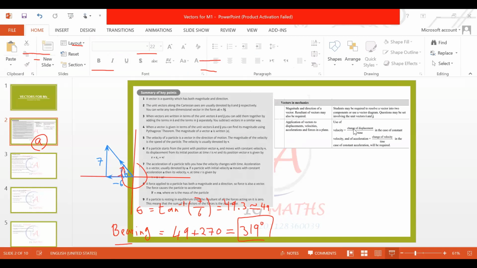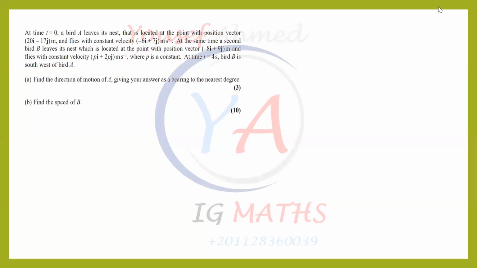First part of the question says, to get part B, you need to read the question carefully. The question says, whenever we need to find the position vector for bird A and position vector for bird B. So it will be as follows: R node plus R node, which is here, it's